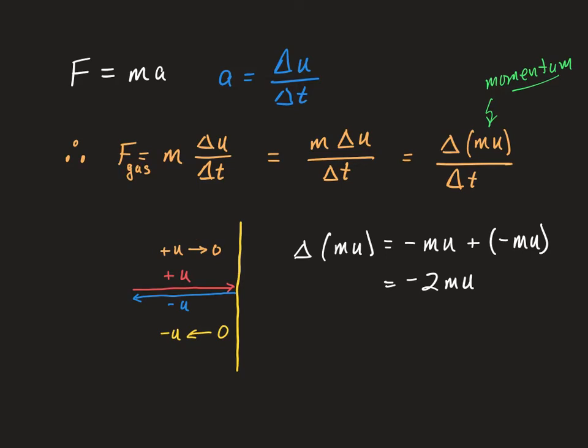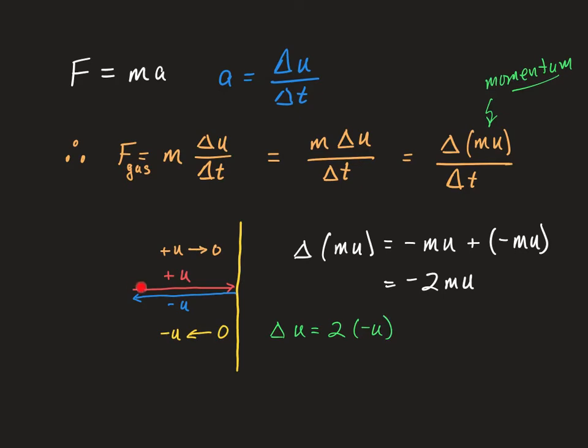Then we have 0 up to negative u. That is also a change in negative u. So the change in speed is 2, right? So the delta of u is equal to 2 times negative u, right? Because